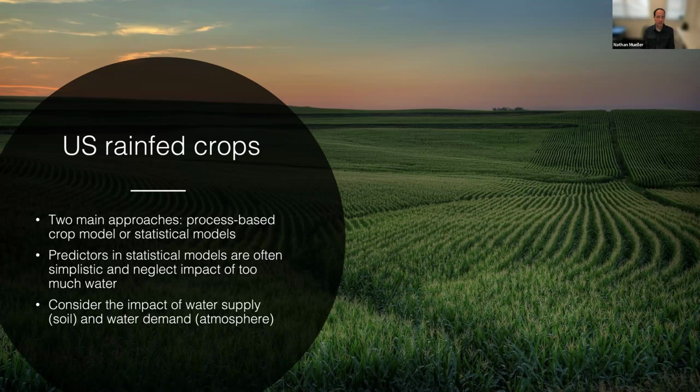Statistical models do better with that generalizability, capturing the average effect across space and time. But the predictors that are used are often pretty simplistic and neglect the impact of too much water on crop yields. So what we did here was adopt a framework to consider both water supply and water demand on